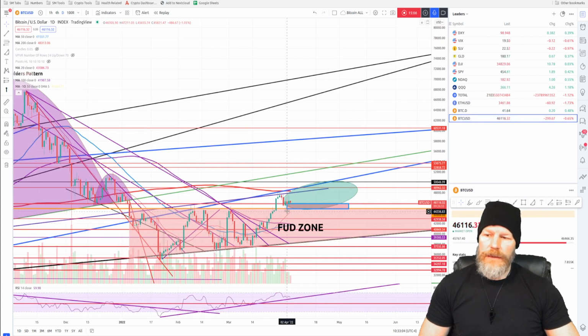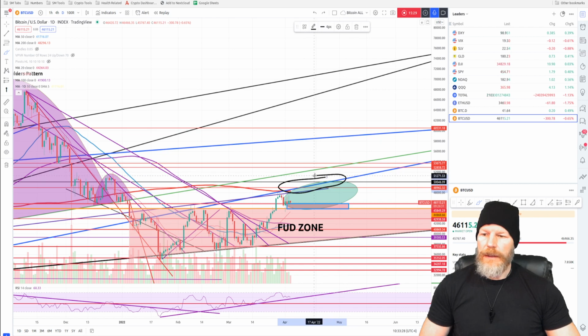Hopefully that also means that Bitcoin comes back down into this area here and really tests that support. Once we test that and establish the strength of that, then the bulls know that they have their path to go on further and hopefully break through all of this resistance that we have to get through. And this is true bullish territory once again, especially if we break this green. That's the neckline of this